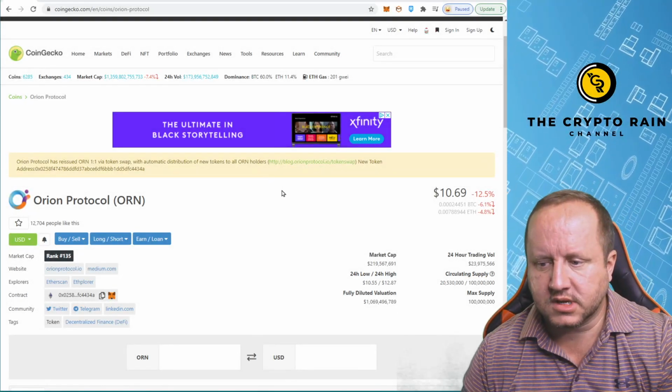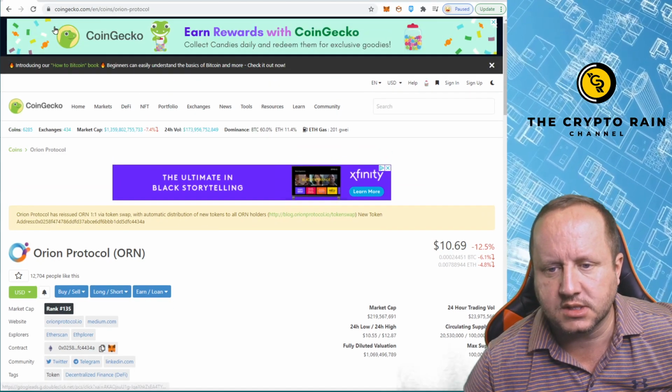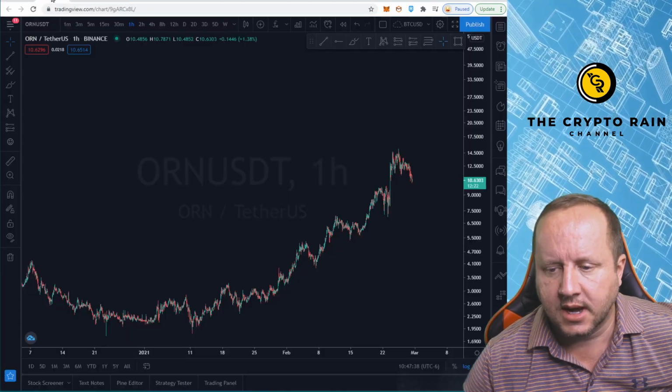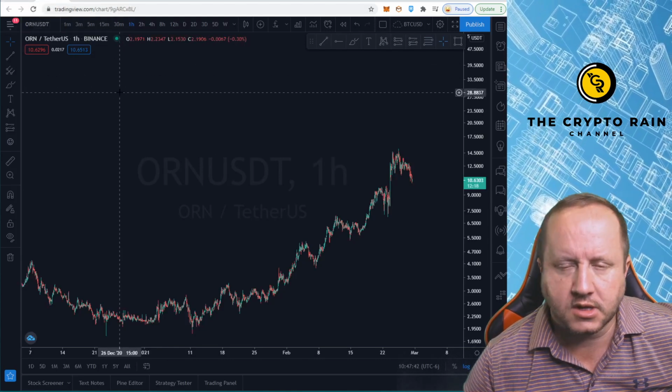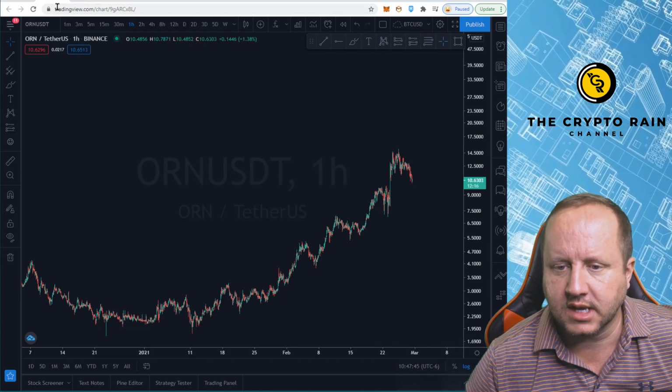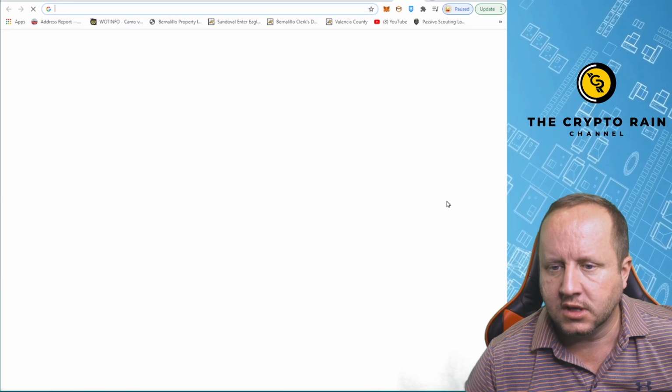All right, so we're looking at Orion Protocol that has retraced all the way down to $10.69, which is fantastic. Now, the buying opportunities might get even better. So what I typically do my charting on is TradingView, and if you want to figure out how to get to this view, you first go to